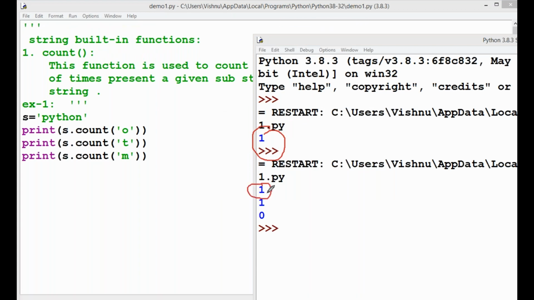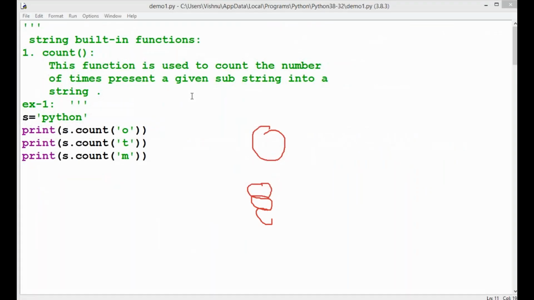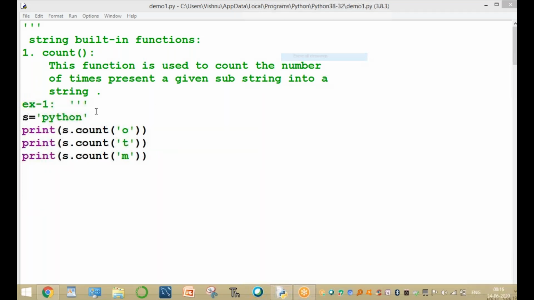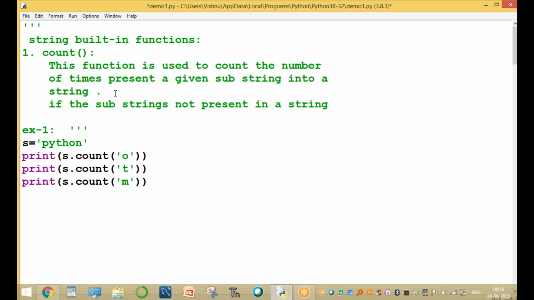Count of o is one time, count of t is one time, and count of m is not present, so the value returned is 0. If the substring is not present in the string, it returns 0. If it is present, it returns the count, otherwise 0.